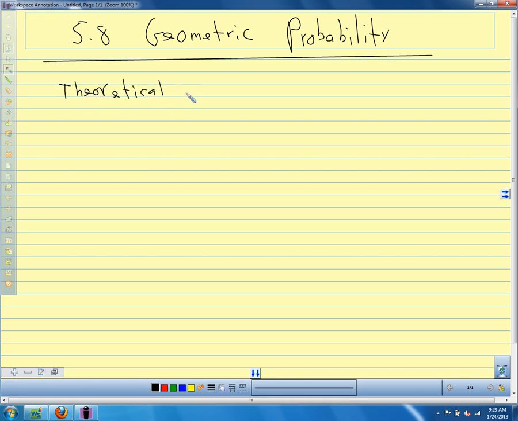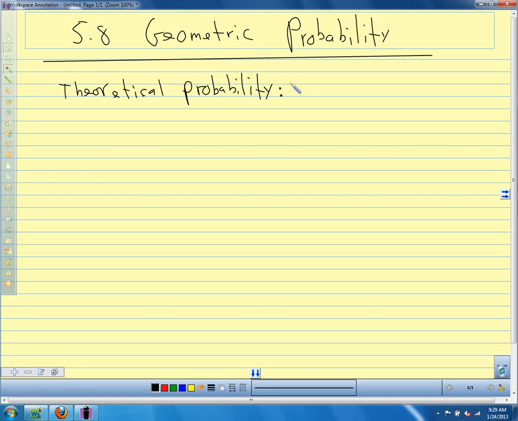What we're talking about is theoretical probability. And that just means that we're using math, we're using what we know about whatever it is we're talking about, formulas, whatever, to figure out the way the probability should work. We did a little bit with experimental probability before. Experimental probability is where we actually flip coins and count how many heads and how many tails we get, and then calculate what actually happened. So we're not doing an experiment, we're talking about theoretical probability because we're using math, using what we know to figure out the probability.